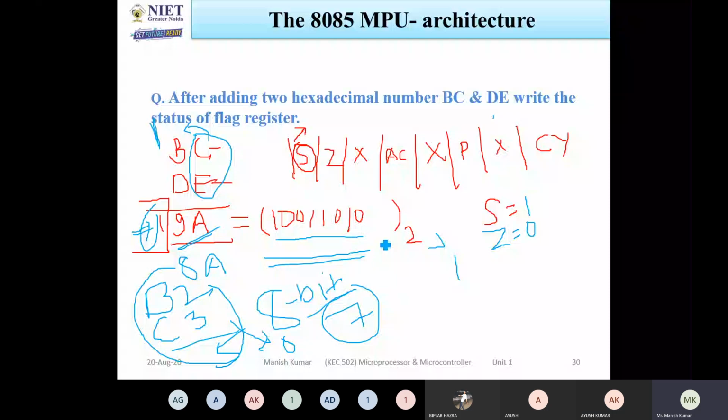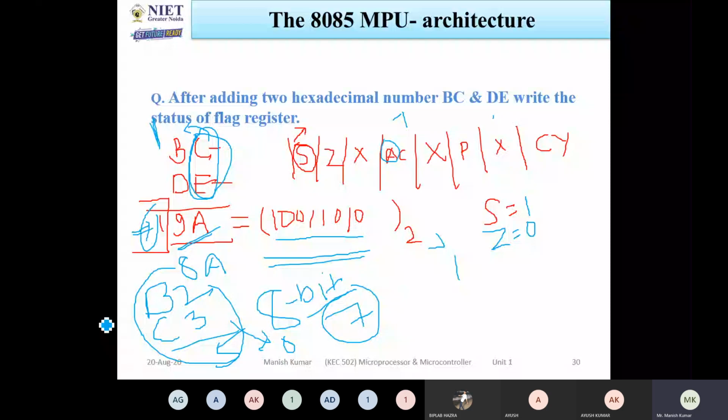ठीक है, तो क्या होता था ऑक्सिलरी कैरी फ्लैग में हम क्या करते हैं, जब 2 बिट एलएसबी अगर हम ऐड करते हैं और इससे अगर कैरी जनरेट होता है, तब ऑक्सिलरी कैरी फ्लैग सेट होता है. ठीक है, अगर मान लो जैसे दूसरा एग्जांपल मैंने लिखा है B2 और C3, अगर ये दोनों को हम ऐड करते हैं, तो 2 और 3 हम ऐड करते हैं तो 5. यहाँ पे कैरी जनरेट नहीं हो रहा है, तो इस कंडीशन में AC इक्वल टू 0.